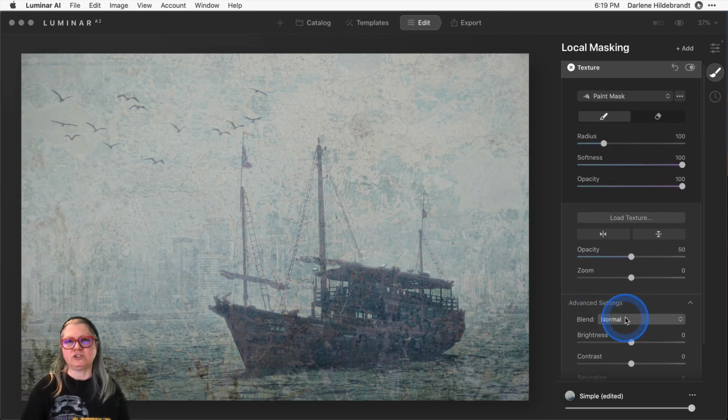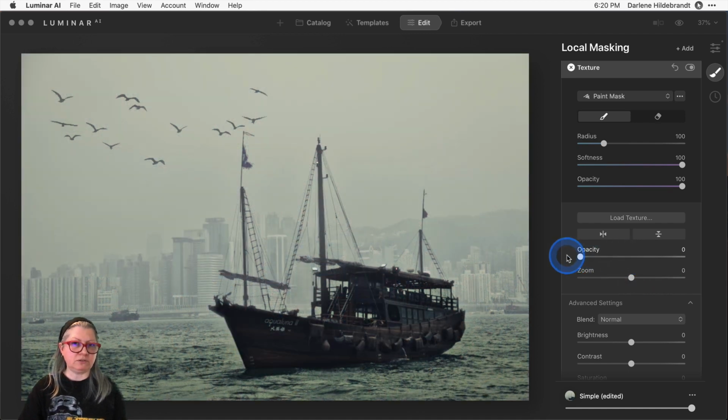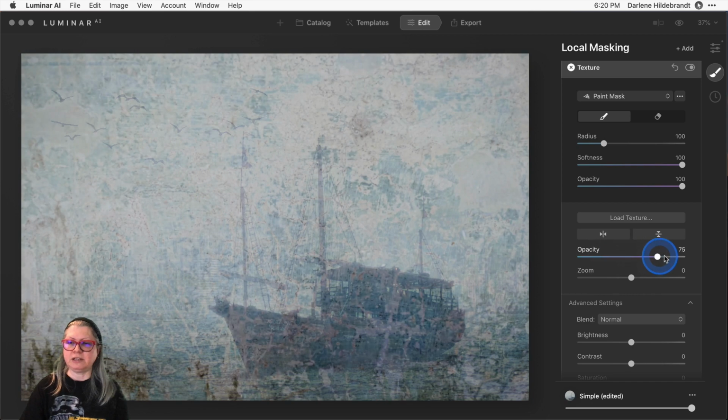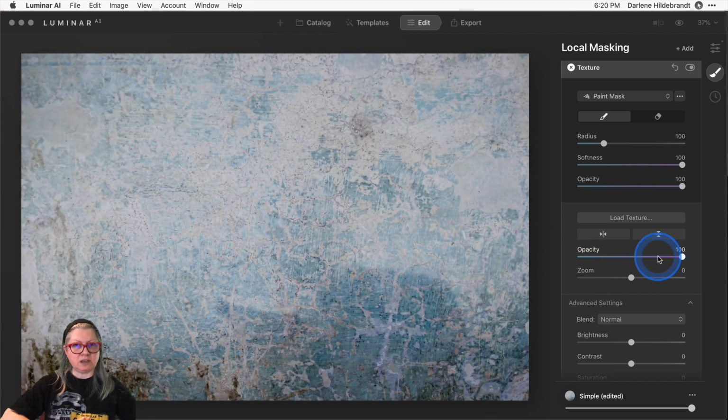Okay, so the way that textures work is, imagine you took a piece of fabric and put it across your face. If it's completely opaque, you can't see through it, and people can't see through it to see you. But if you lower the opacity, or you have a material that is sheer, then you can see through it. So that's kind of what's happening here. You'll see that the opacity is at 50%. If I lower the opacity to 0, now we don't see it at all. If I increase the opacity to 100, now we don't see the image below or behind it at all.